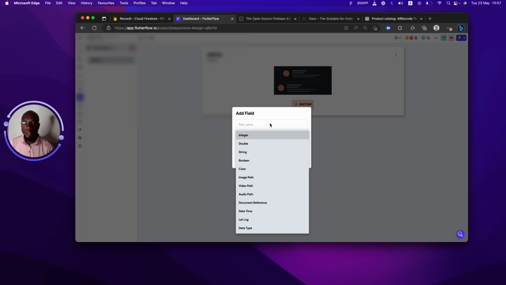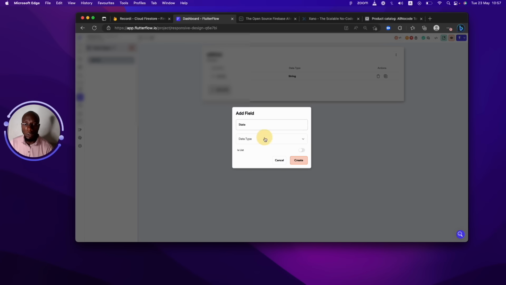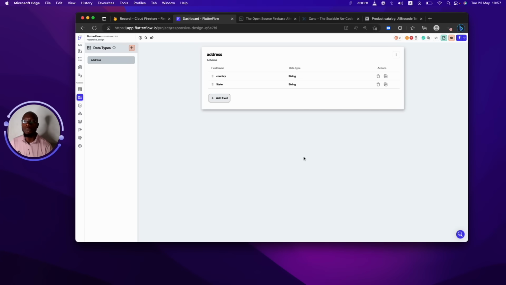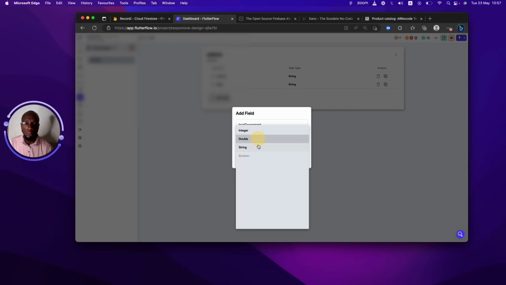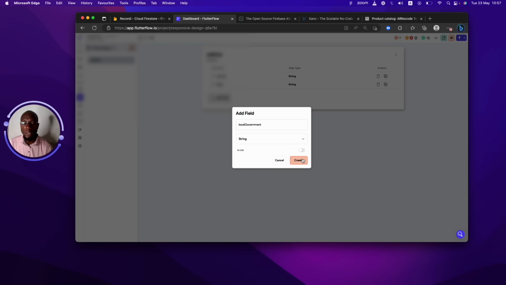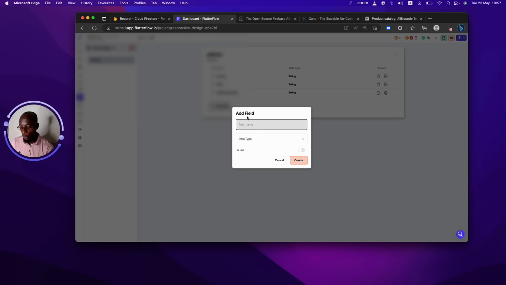So let's go. The first field here is going to be country. So just watch. The country is going to be a string, right? The next is going to be the state. If you are in Nigeria, we have country, we have state, and then we have local government. So the government here is broken into three: the country itself, the state government, and the local government. So we have these three, and then you would have your home address,